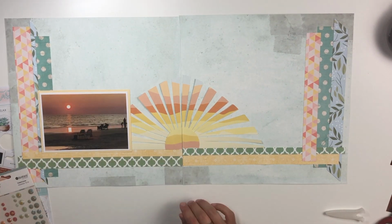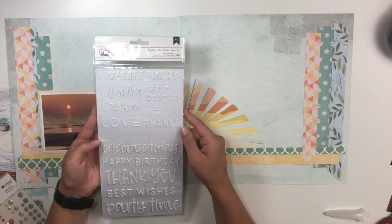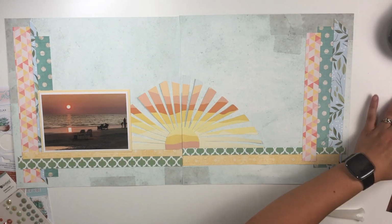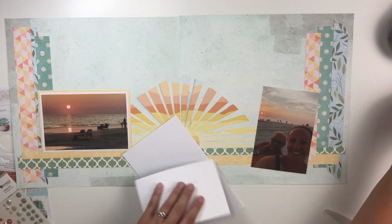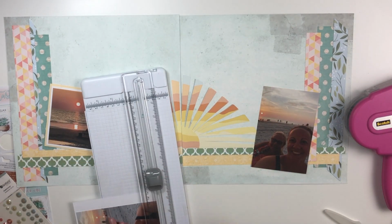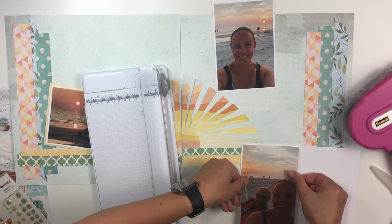So I'm going to use that for page 1, and then page 2, I'm going to have 2 vertical photos, but kind of place them in the same area. And I am only going to single back that one. I don't think I had enough of the yellow to back them, and I just felt like the white helped